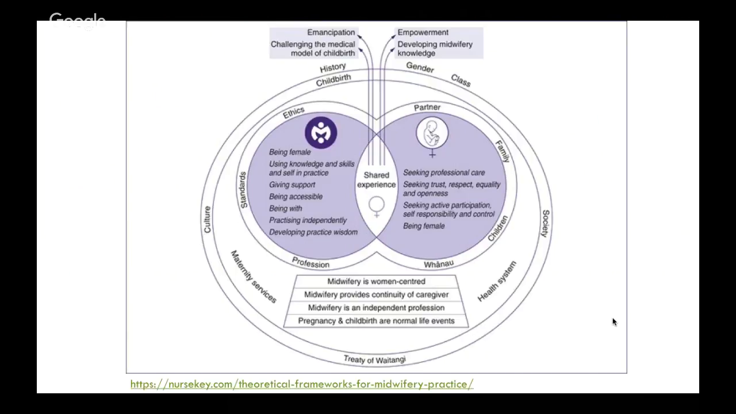And the reason that I like this visual is because to me, it resembles a living symbiotic relationship between the mother and the midwife. And out of this, I